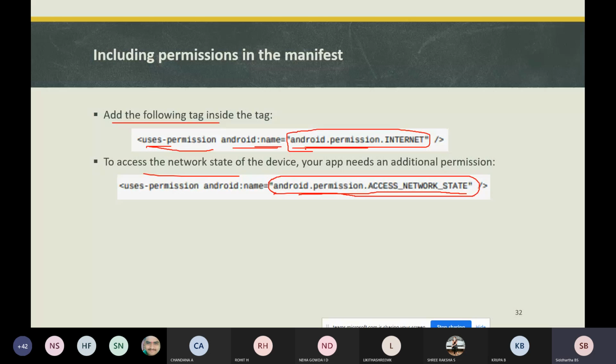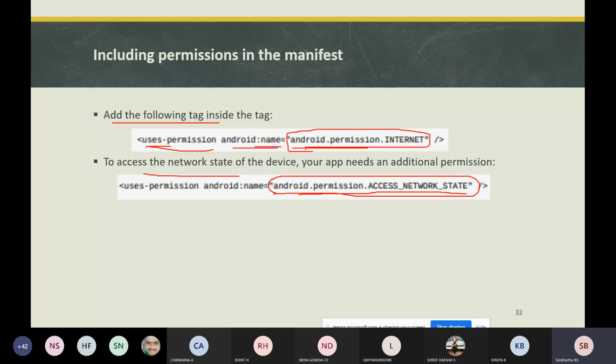After that, there is a method called convert input to string, which converts the input stream to a string so that the activity can display it in your UI. Why will you be converting that? Because the data has to be displayed on the user interface. That's why you need to convert the data as per the requirement.